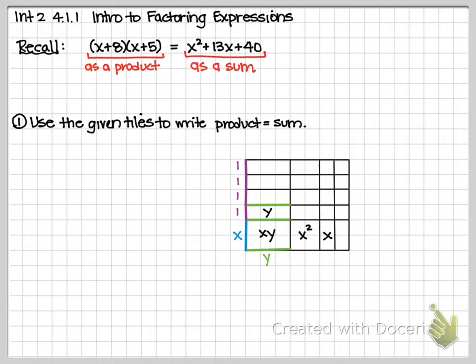Likewise, I can do the same thing and drag the green up. So we know that the area of every single one of these tiles is going to be Y because it is 1 times Y. And I am going to go ahead and fill them in